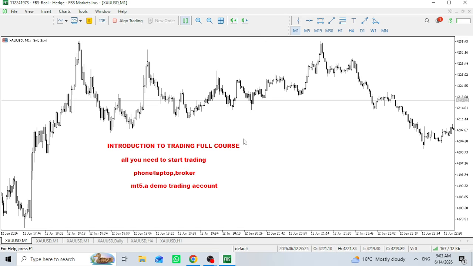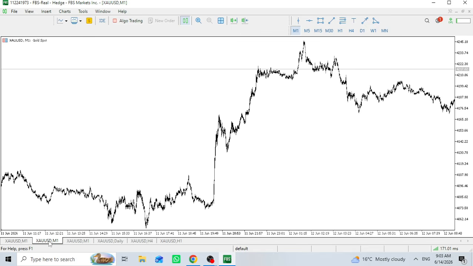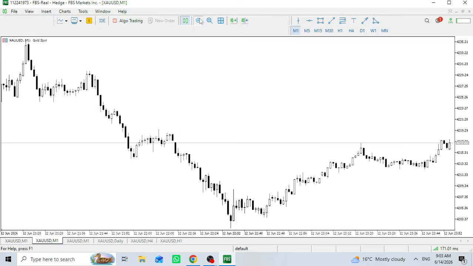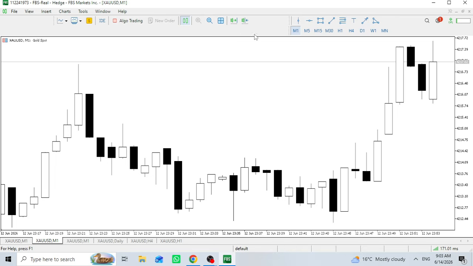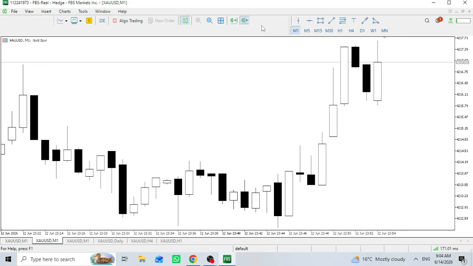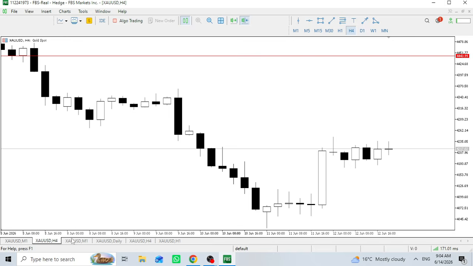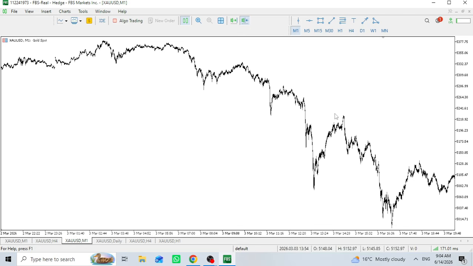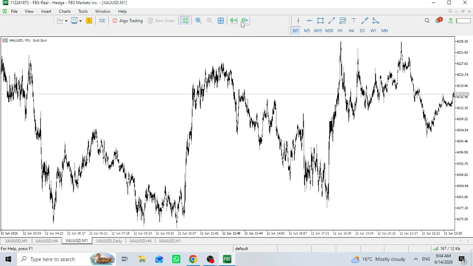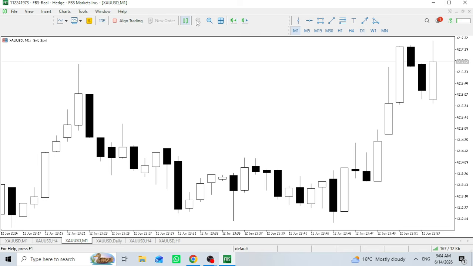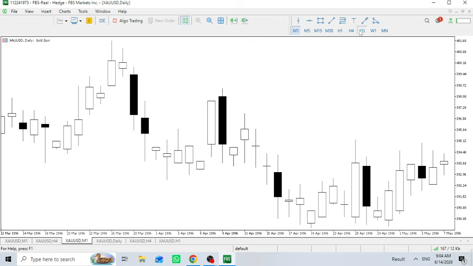Let's say a 4 hour candle, I need to be having 4 charts here. I need a bigger chart here, and then I will enlarge it this way. This is a 4 hour chart. Let me show you slowly. And this is the daily chart. I want to enlarge even this, and now I have the daily chart here this way.